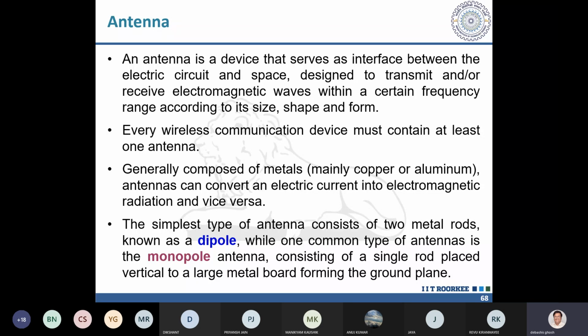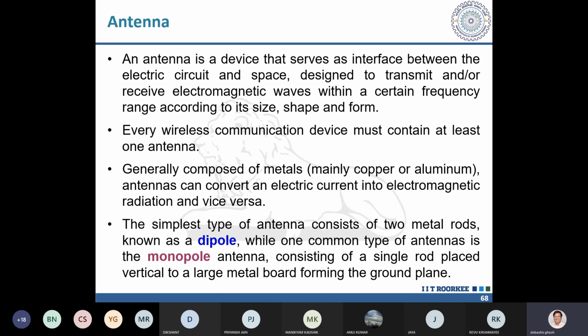In your mobile phone you have a particular type of antenna, although it is inside and you cannot see it nowadays. In a walkie-talkie, you might have seen there is a small projection outside. In your car, you have one antenna to catch the FM radio when you are traveling. Then there is your dish antenna at home. In earlier days, TVs used a different type of antenna called the Yagi-Uda antenna. So these are all different types of antennas that are available, and the antenna design, the size and everything, is based on the frequency range it is supposed to catch.